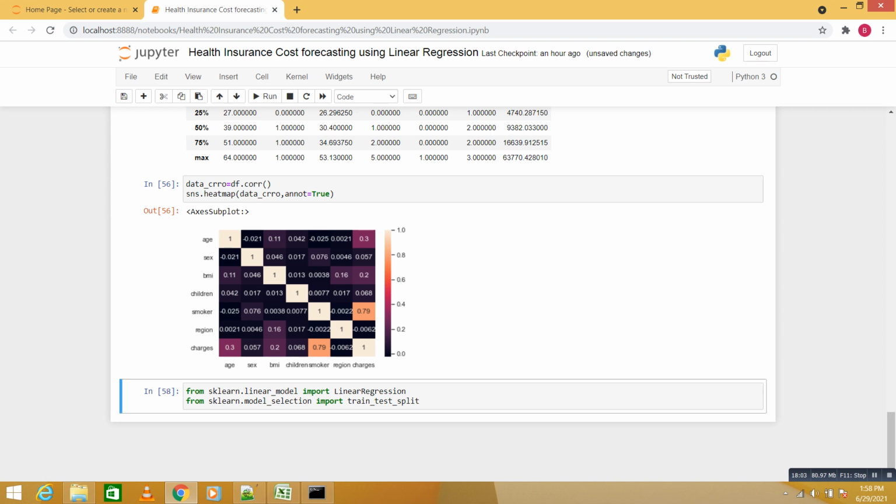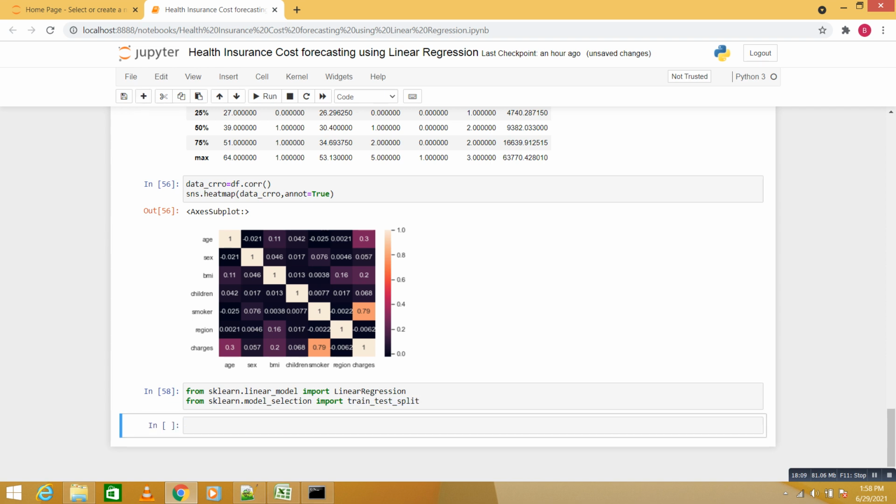So before that, we're going to create our x and y value. X is nothing but the dependent values, all dependent values, so we say df dot drop charges. Charges are dropped from the data set and the rest is assigned to x.